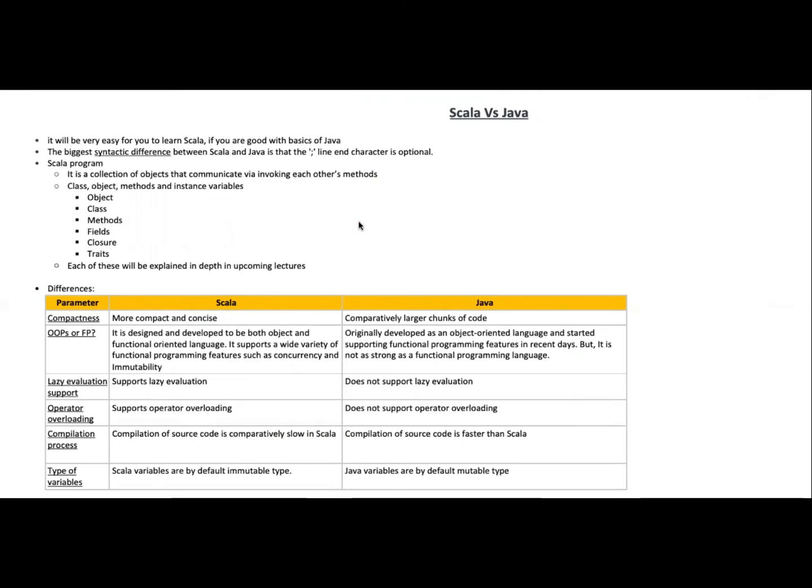Whether it is written in Scala or Java, as long as the compiler produces bytecode, the JVM wouldn't mind. It means the JVM is independent of Scala or Java because it executes bytecode. So there would be some similarity between Scala and Java. You must understand those similarities, and we will see the other differences.